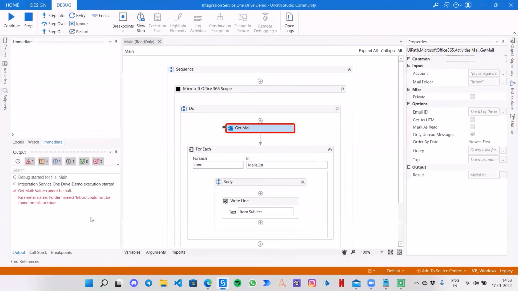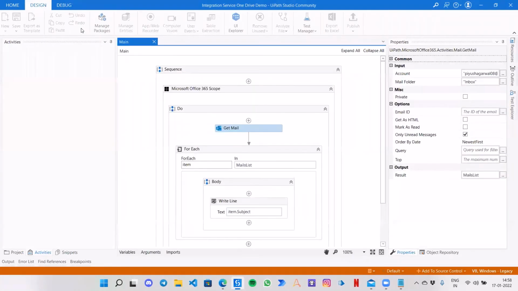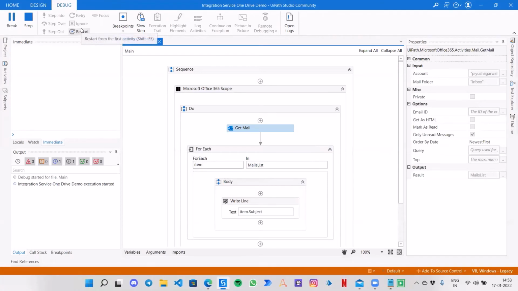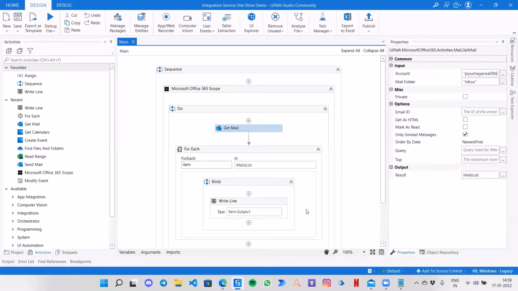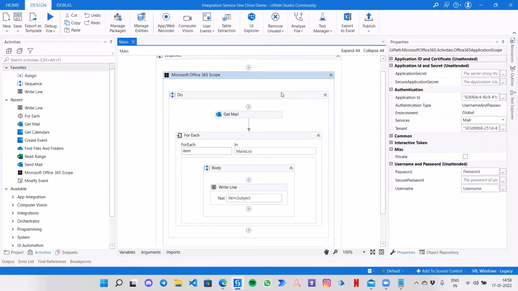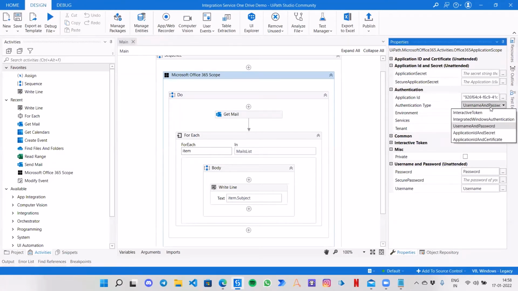Okay, so this is one generic error that you might face during your development, because this is not an error from UiPath or anything you have done wrong. This is a connection error that generally happens when you are trying to access Outlook from a third-party application. So right now it is giving me some error. Though if I try after some time, it will work again. That's how it works. Okay, so for the time being, let's go with another type of automation. We have tried these two.